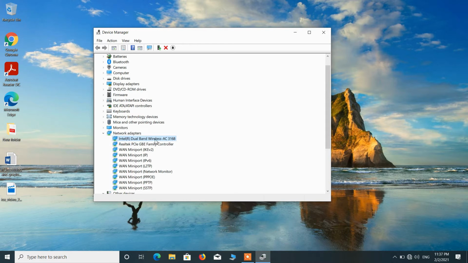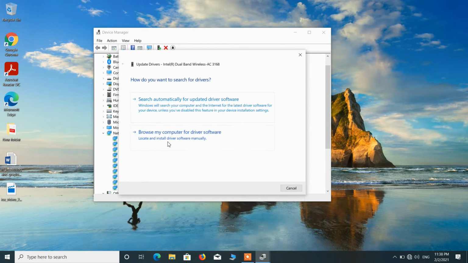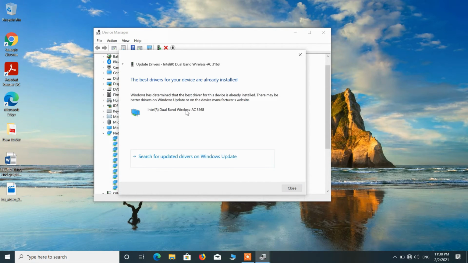So it will have this word wireless, and it may be like 802 point something like that. So just click on that driver, right click over it, and just click on this update driver option. Now just click on this first option, search automatically for updated driver software, and this is telling that the best driver for your device are already installed. Now just click on this back button,